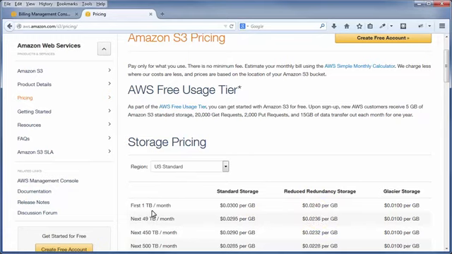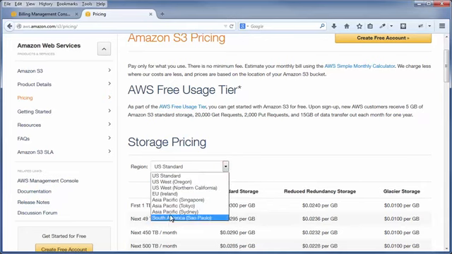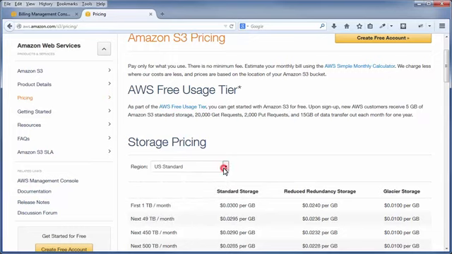But that's for the first terabyte. Again, it's monthly. Anything above 1 terabyte up to but no more than 49 terabytes is going to cost you this amount. But again, most of us are going to fall into this category right here for 3 cents per month. Now, this is for the U.S. standard region. Prices for your S3 account will depend on the region that you're in, but the fluctuations on these various regions is very little. But throughout this video, I'm only going to be using the U.S. standard,